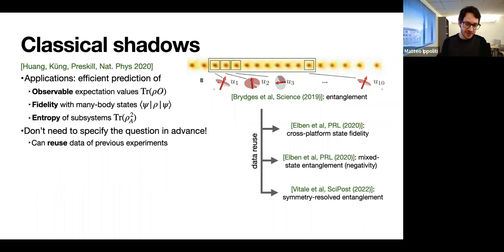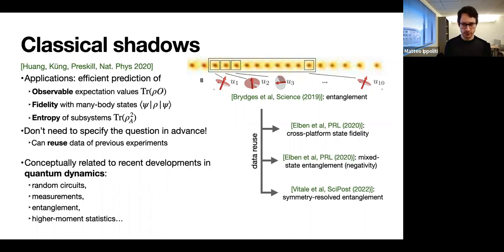So this is very promising and interesting in the sense that these experiments are difficult and expensive. And so this is a way of trying to extract as much mileage as you can from a fixed number of experimental realizations. However, the reason that somebody on the physics side, such as myself, might care about this is that this protocol